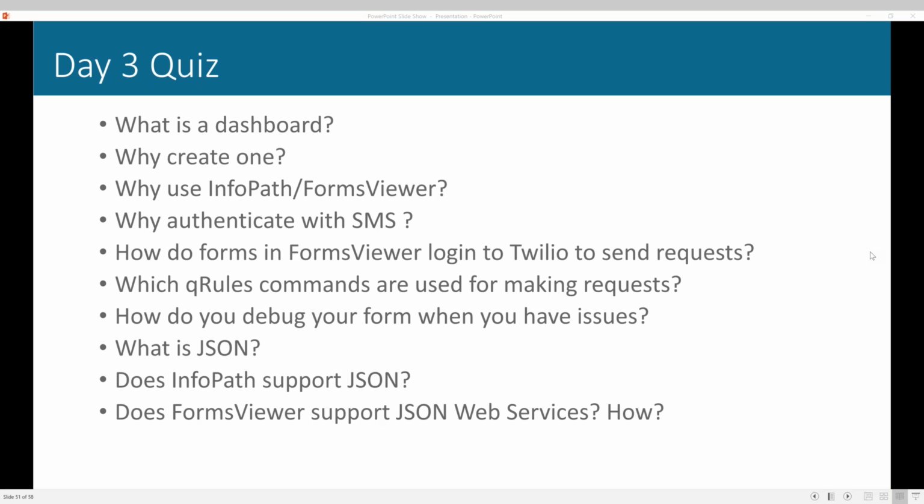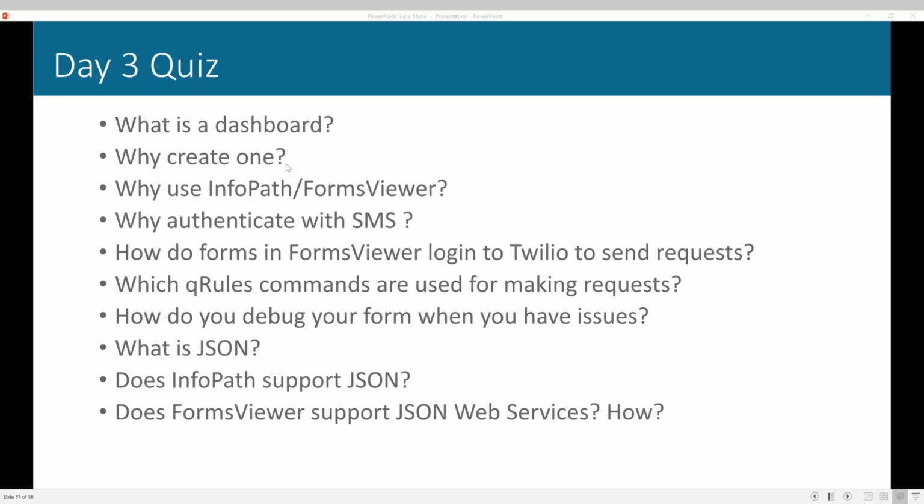So the reason to create a dashboard would be, just like what Kara said, to manage forms, to allow you to quickly access forms that you need to act on. So the best way that the dashboard can open is to show you your forms, the ones that are assigned to you for action. So typically the dashboard will open up and grab the user information from the user